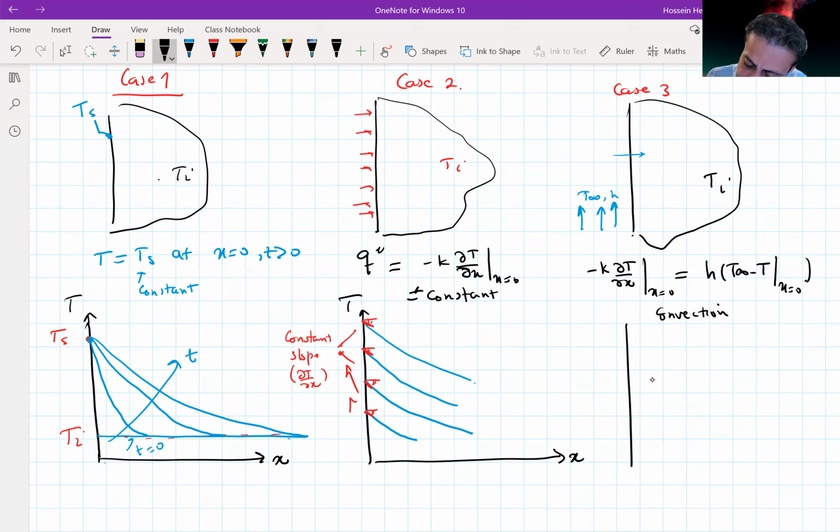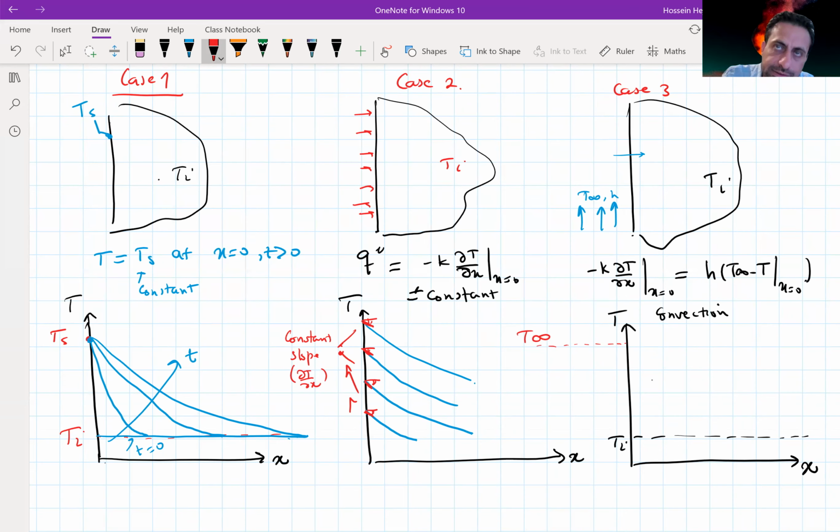And for the third one, we have convection. So let's say this is T and this is x, and initially everything is at Ti. So let's say this is temperature Ti. And now we have fluid at T infinity. It could be the other way around, that Ti is greater than T infinity, but let's look at that case. So initially what's going to happen here, we're going to have the heat flux, the convective flux